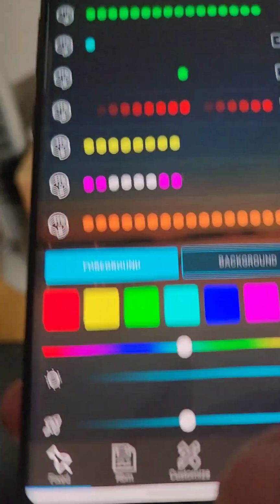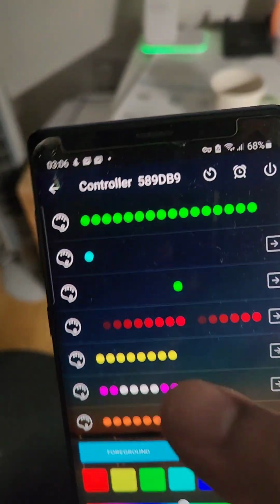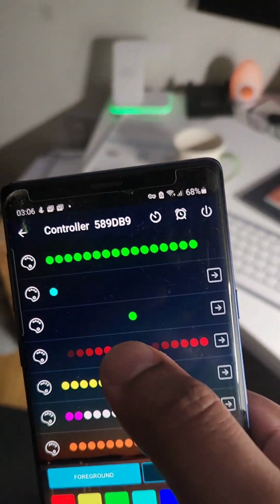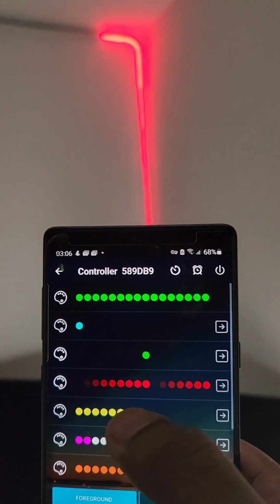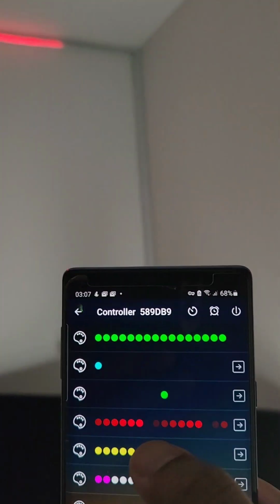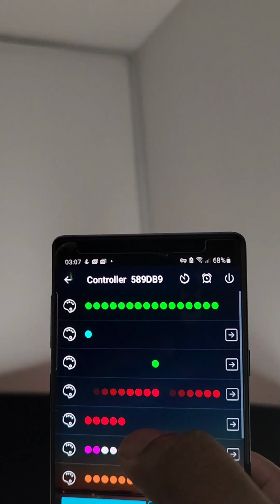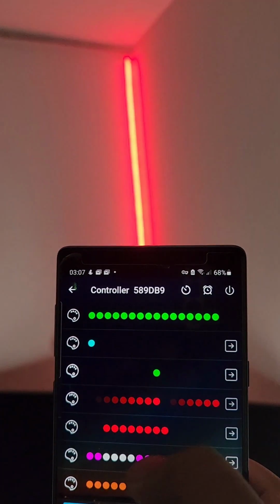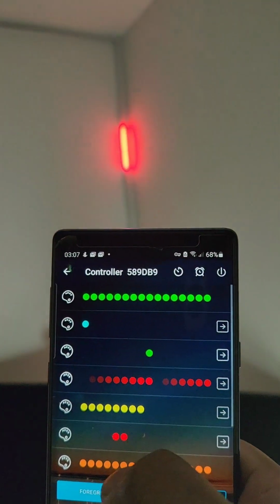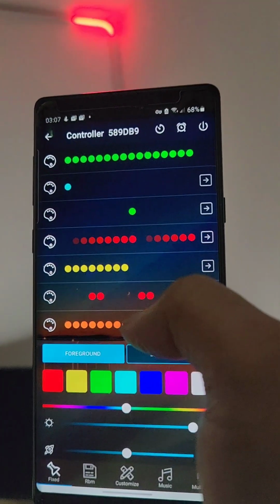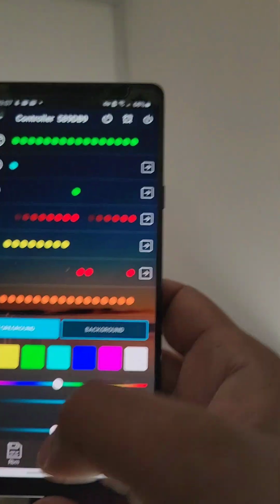These are the patterns you can select. So if I select this, it's gonna do that. If I select this, it's gonna do that, this,